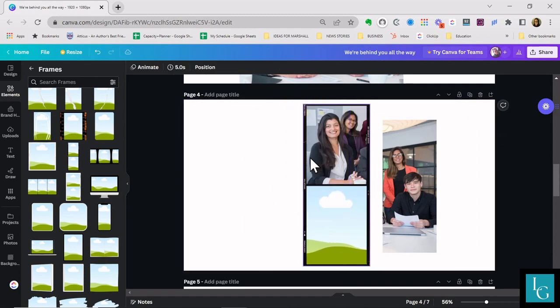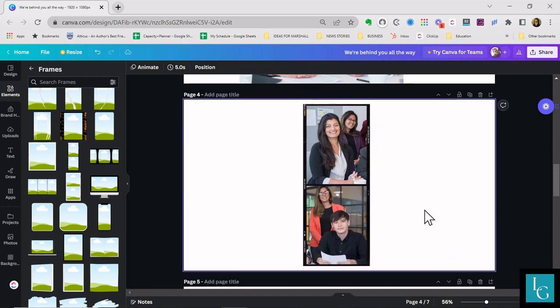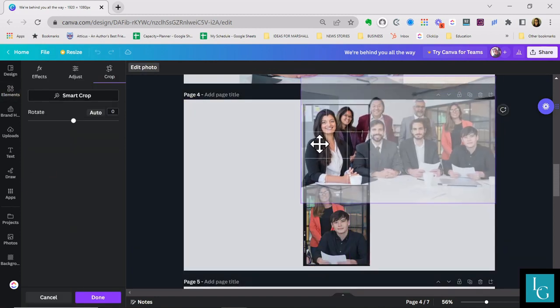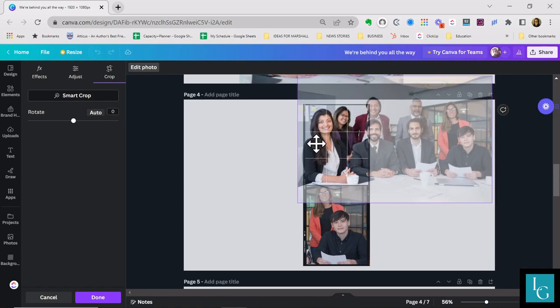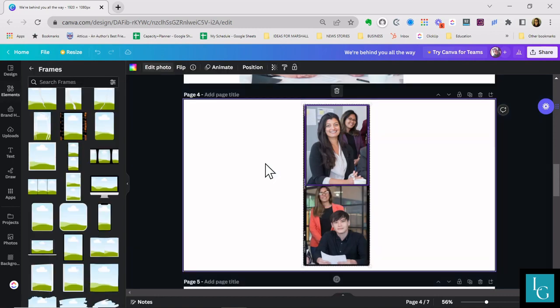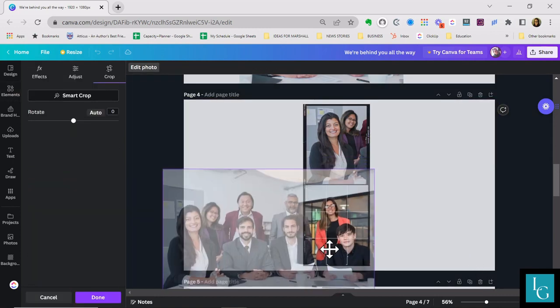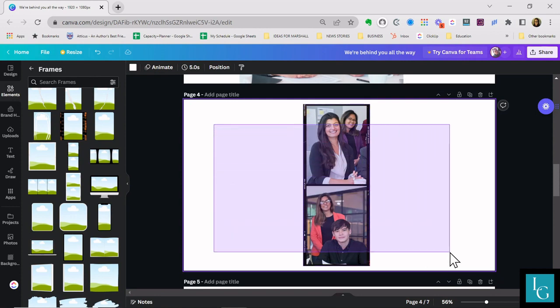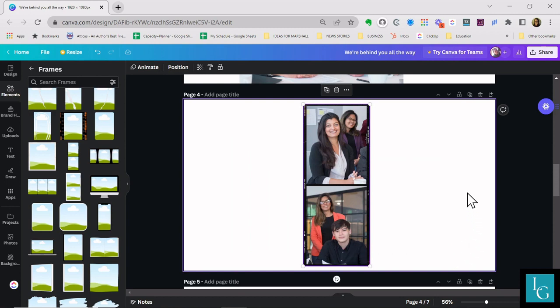Put her here, boom. Put them here, boom. And then once you get them in here, you can double click and adjust it however you want. So we don't want his arm in there, but you play around with it, double click, till you see what works for your image. If you like it, you can take your left key and hold it down and drag your mouse across all of them, and then you're going to hit